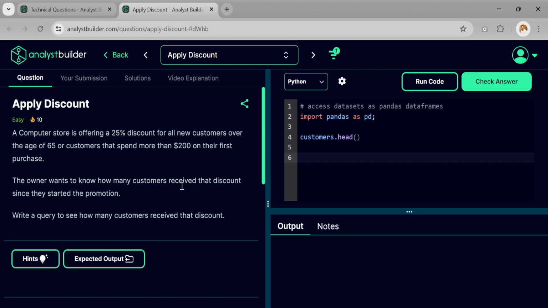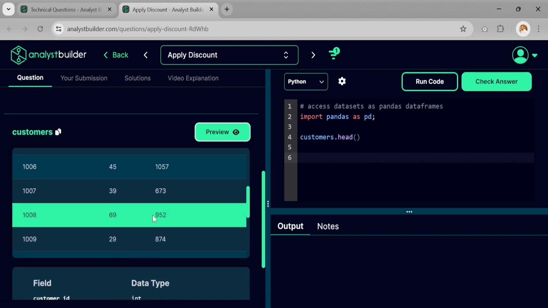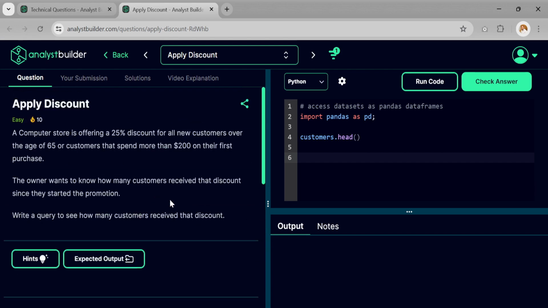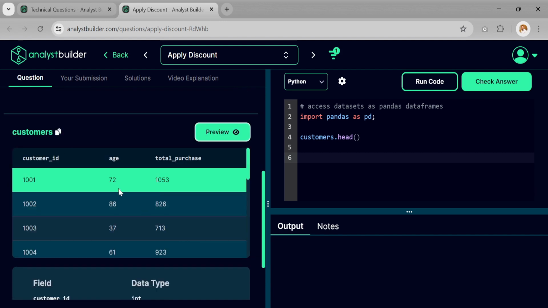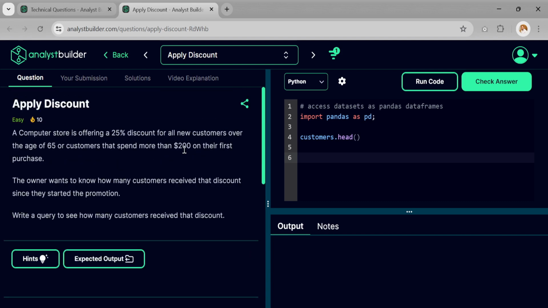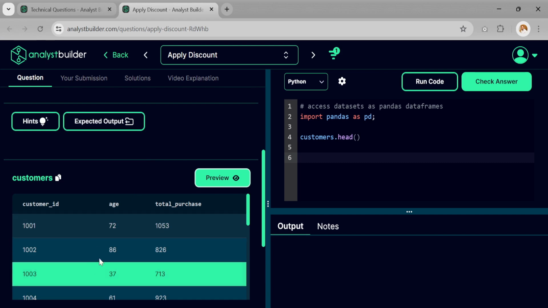so we just have to directly filter this. We don't have to do anything else. Age and total purchase are given. Based on age, if the customer is above 65, then we will select those rows. We don't have to fulfill both conditions. Those who fulfill only one condition will be in the list, isn't it? So those who fulfill this condition,